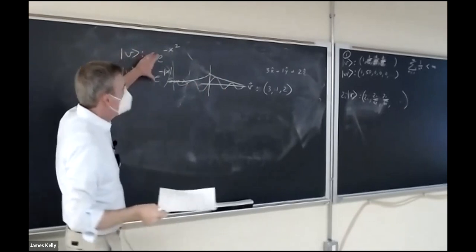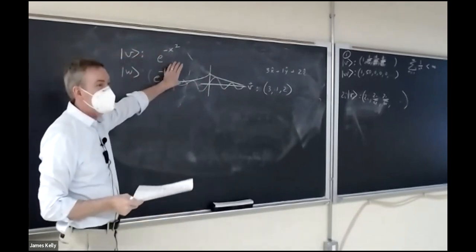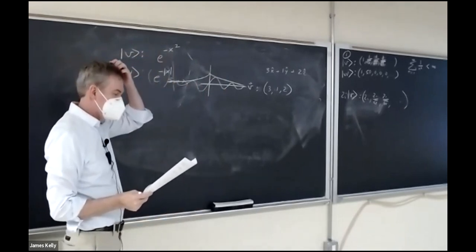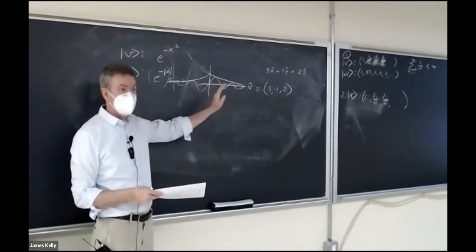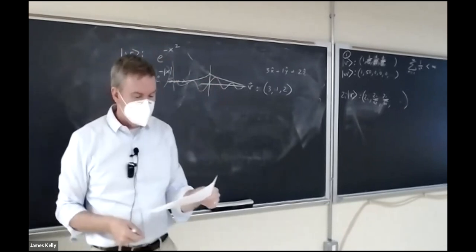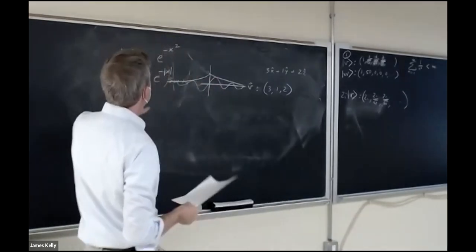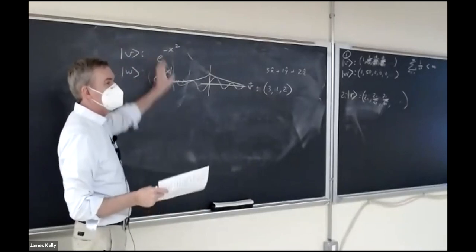Okay, and we could add them together. You could even draw a graph of the sum, but I don't really want to do it. We could scalar multiply by 2i. Then it would be hard to graph it because it would have complex outputs, but those are the kinds of things we're talking about. Of course, an easy way to make a function square integrable is just to say, well,